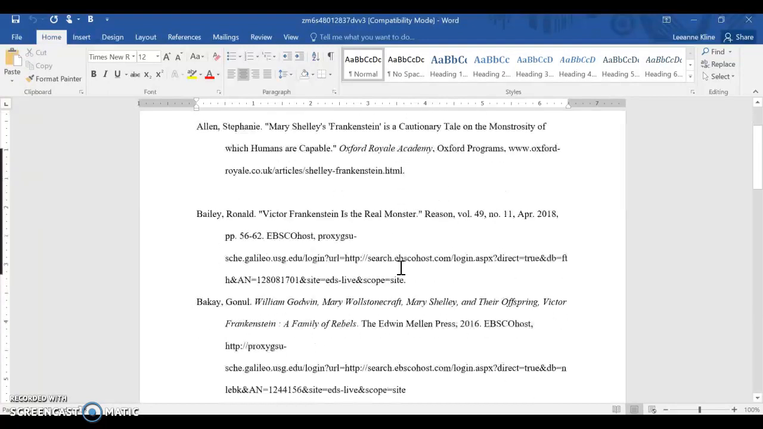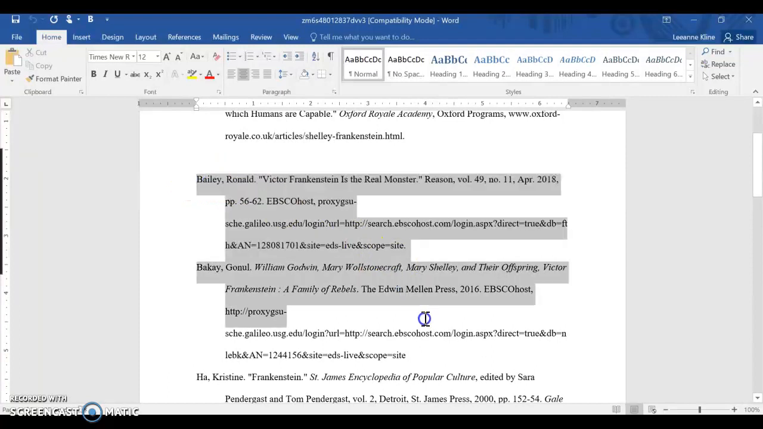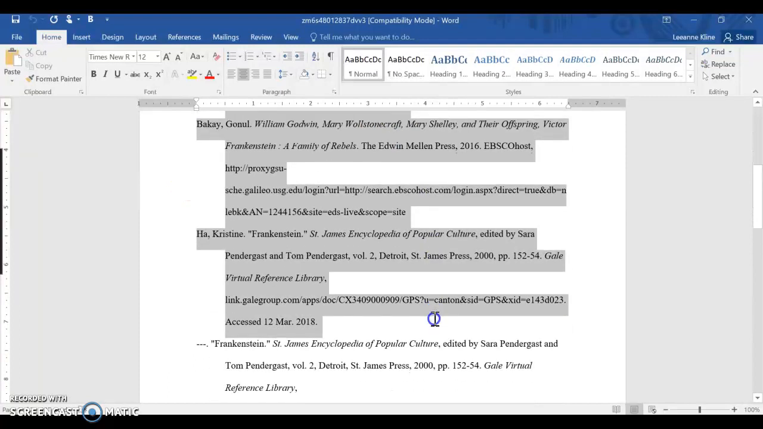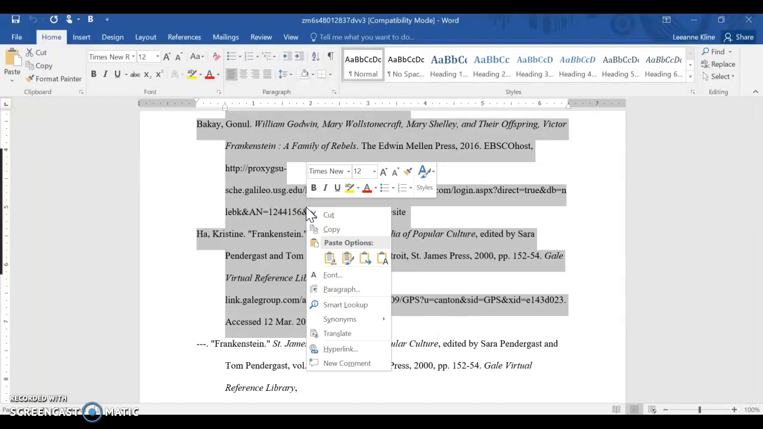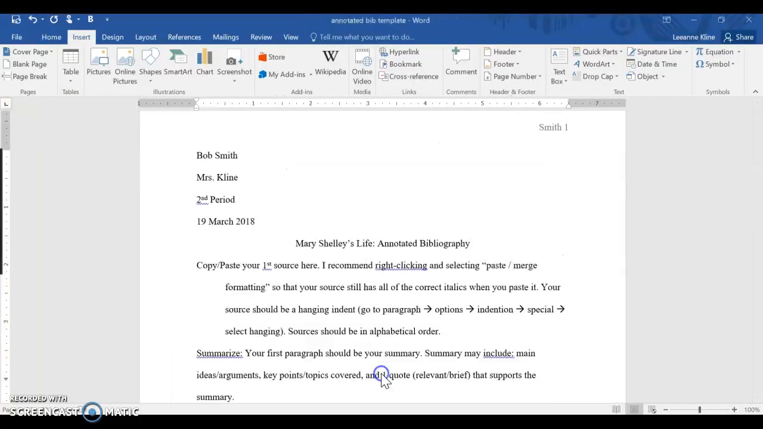So let's just say that these 3 are the sources I want to use. I will highlight these, right-click, and copy. Then I will go to my template, and I would scroll down,